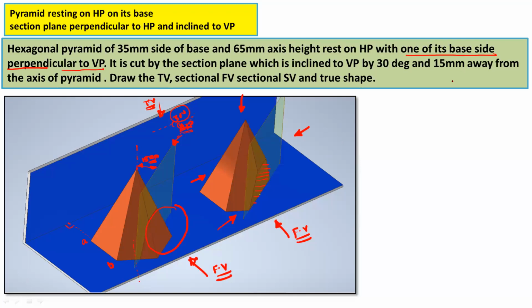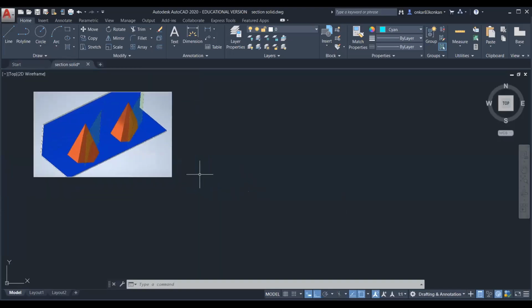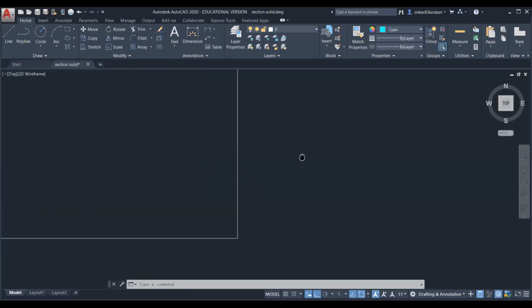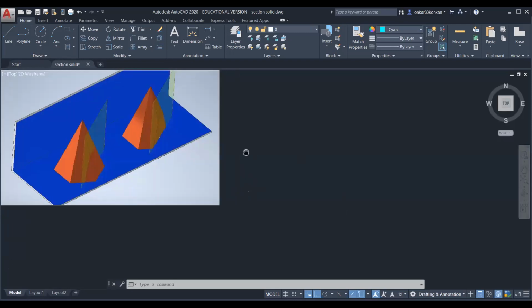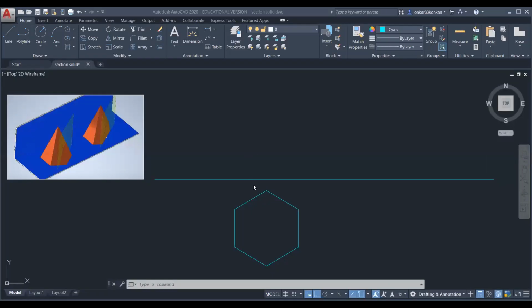So let us see how to draw this on the drawing paper. For the projection, you should start from the top view.